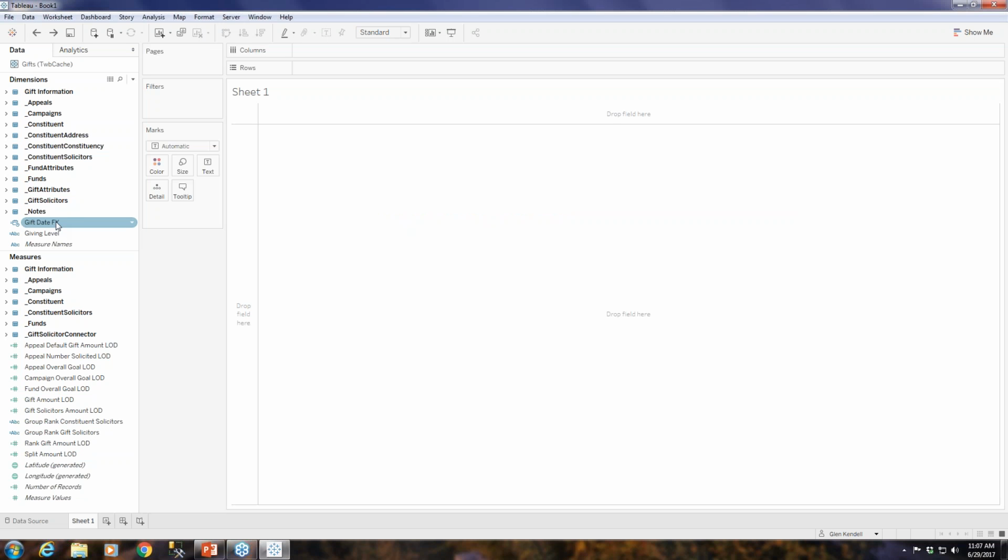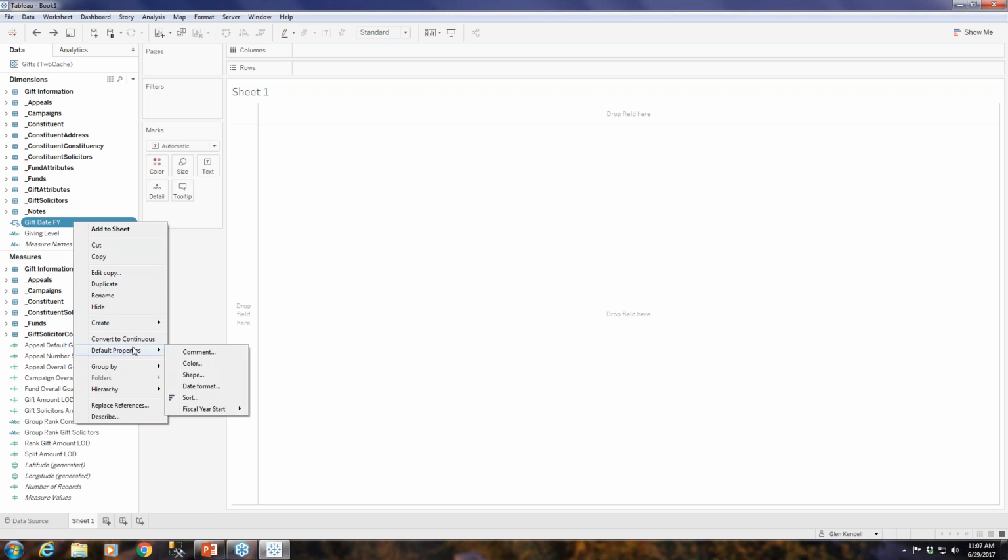One other thing that we do is we also have another calculated field that's a gift date. This is basically just your regular gift date, but we associate it with your fiscal year. That's why it says gift date FY. In this particular case, we're connecting to the sample database, which pulls the fiscal year. We calculate it based on the data in your database, so this changes automatically depending on what data it sees in there. For the sample data, it's just the calendar year. But for your data, your fiscal year may start in June or July, and so we'll automatically update to that